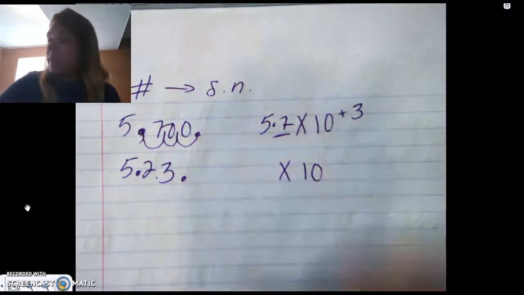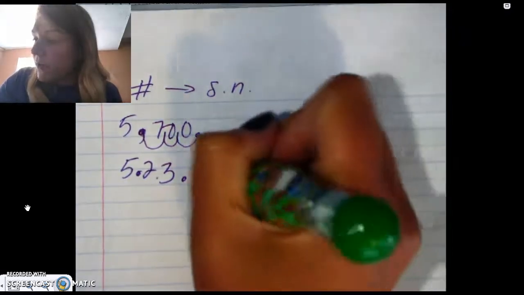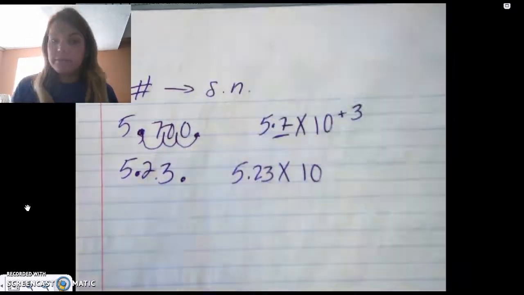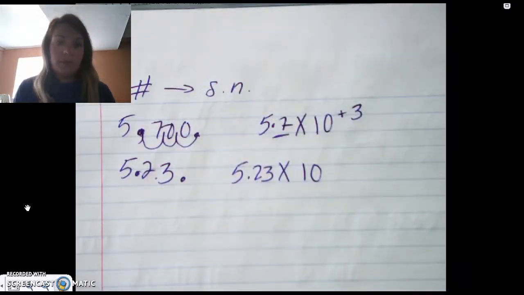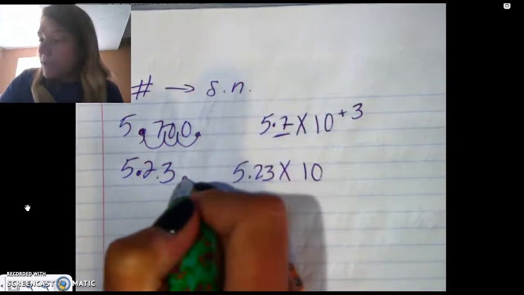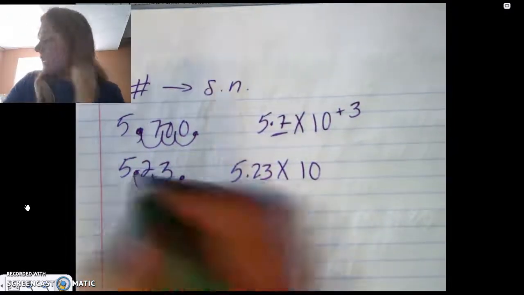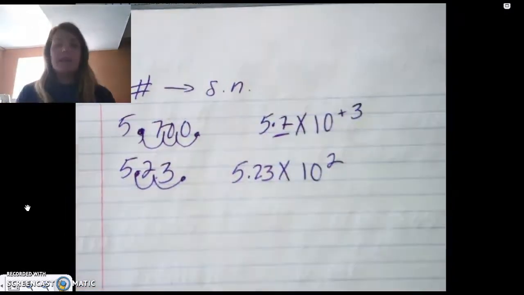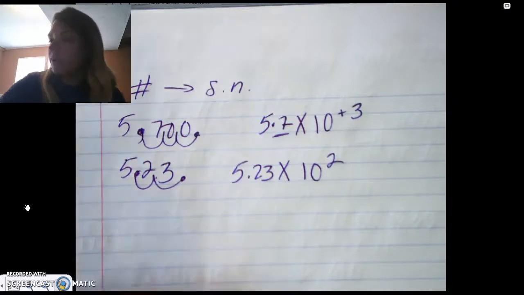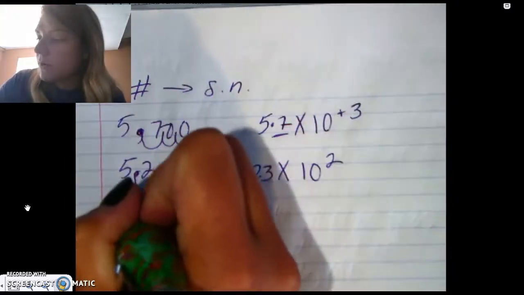Okay? So now my coefficient is going to be 5.23. Okay? So now I'm going to move my decimal place 2 places. Therefore, my power will be times 10 to the second. Okay? Now let's look at going from, let's do a small number first before we go from scientific notation to number. So let's try